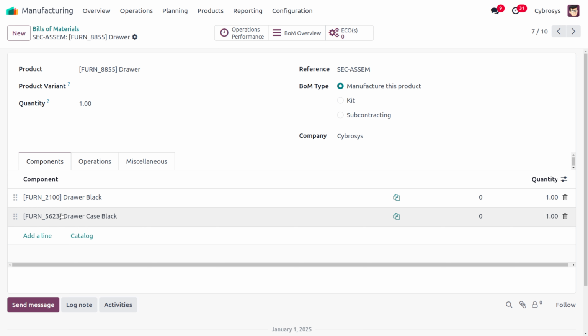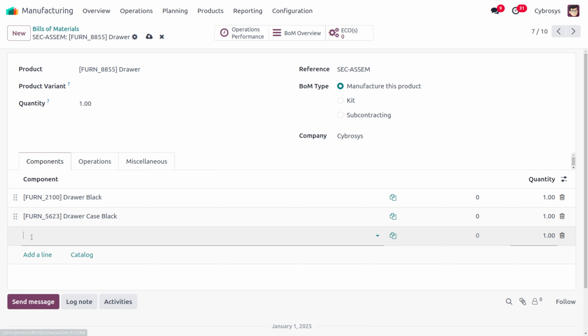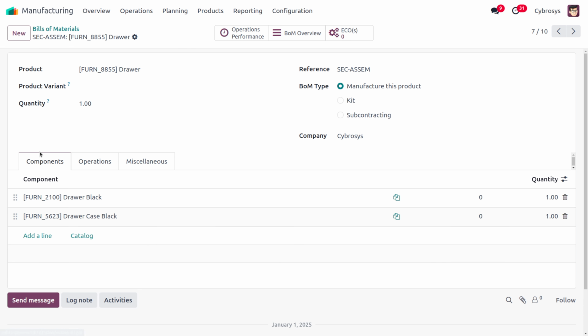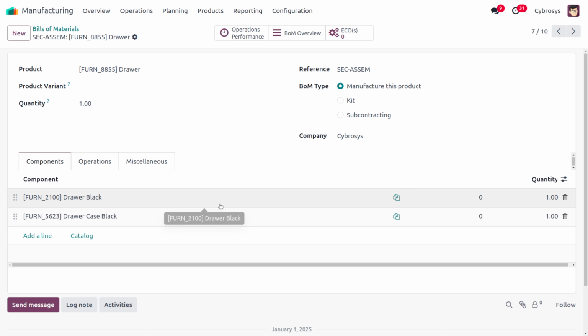So if you want to add that, you can just click on add a line to add the item. By clicking on add a line, you can only add individual items over here. But if you're just going with catalog, then this would give you vast options to select the item. In a single click, you can add multiple items into the BOM. So that's how we can add the item, and here we can